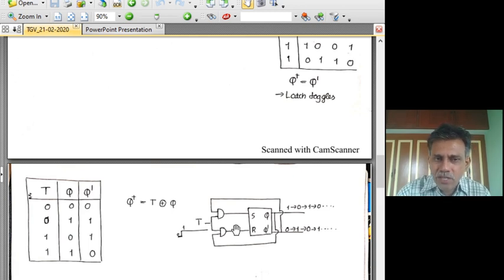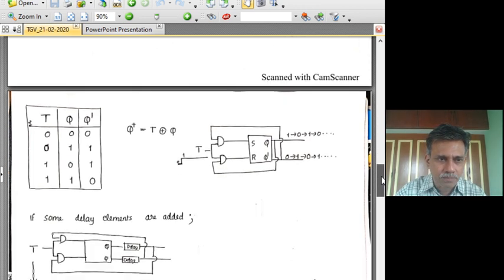Essentially what we want is to retain the SR flip-flop's capability of setting or resetting at our will, and the no change condition, but the forbidden state has to be removed. If that forbidden input condition is removed, and instead we give the toggle condition, then we can absorb both the functionalities of the SR latch and the T latch and come up with a device. And that is what we call the JK latch.